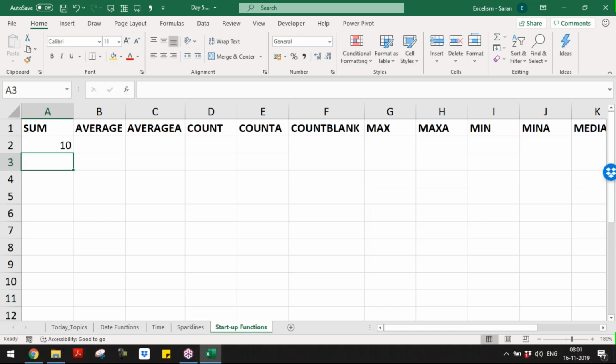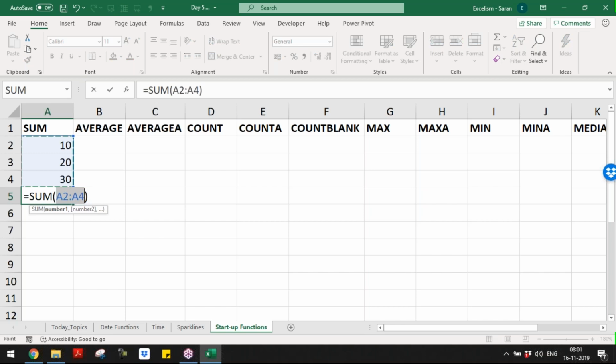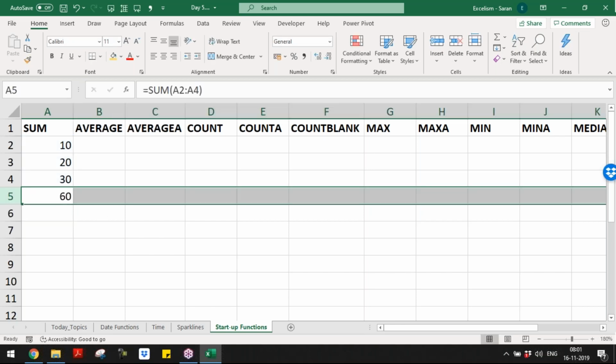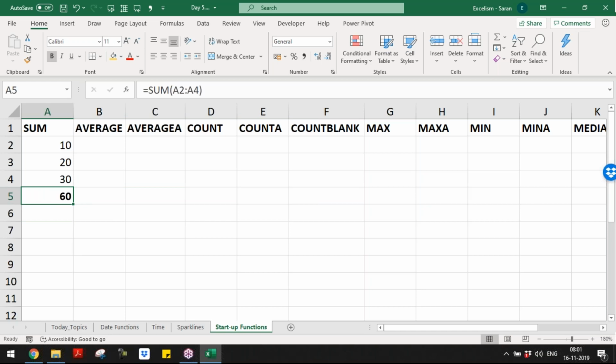Very easy to understand. 10, 20, 30 is there. If I want to sum, my answer is 60. We all know this. In fact, I'm not more interested in this. For example, can you tell me if I keep ABC, what's my answer?